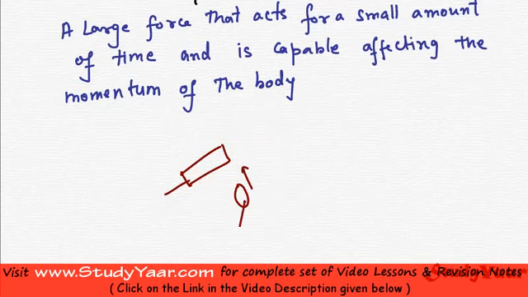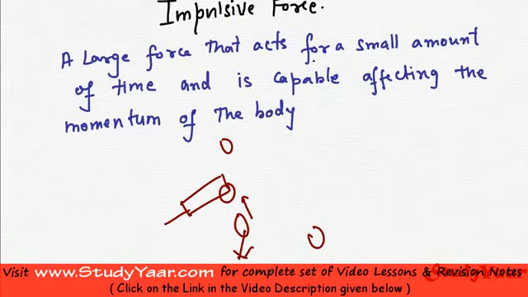Just understand, gravity is also working on this ball, but the gravity's impulse is negligible as compared to the impulse due to this reaction. Therefore we do not call force due to gravity an impulsive force. Moreover, gravity is acting all throughout. It is not acting just when the ball is hit. It was acting earlier, it's going to act afterwards also. So my impulsive force is something that acts for a small amount of time, and it is a large force, therefore it is capable of producing a large amount of impulse.